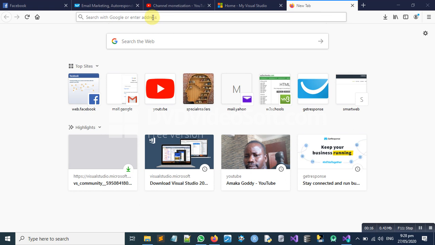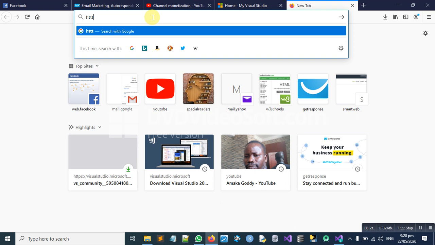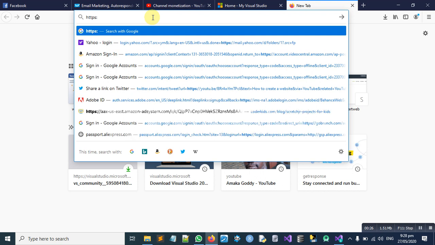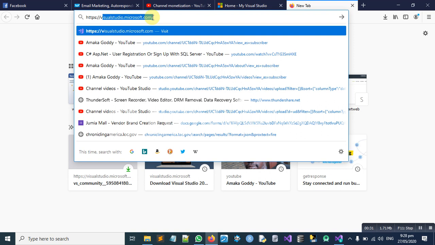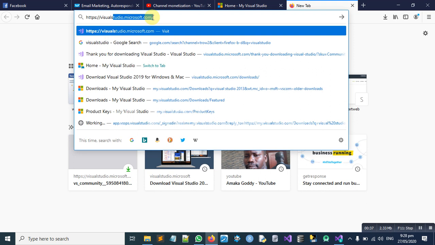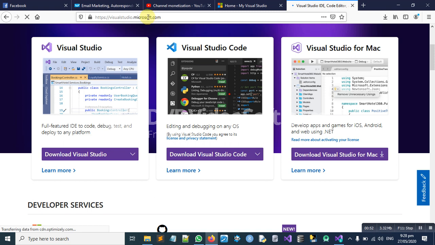So you just go and search for Visual Studio, just https:// then Visual Studio microsoft.com. So just search for that, and then it brings you here. Okay, so you can see that we have Visual Studio